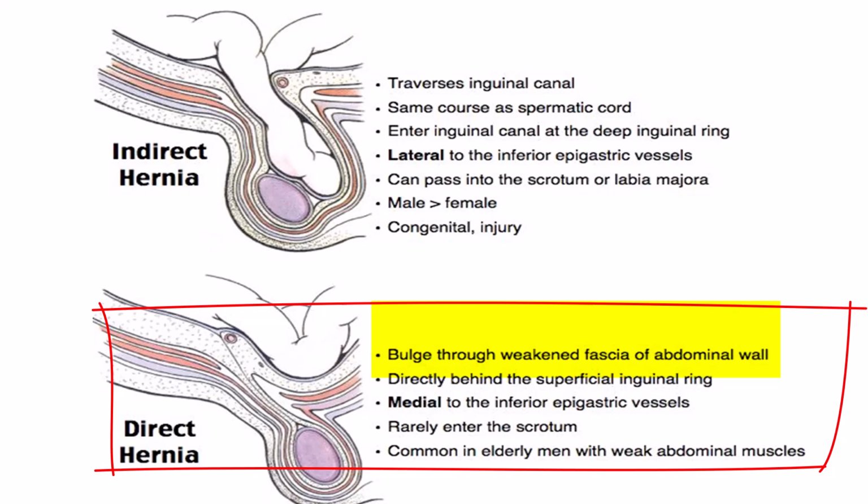So it's usually acquired over time due to wear and tear, like if someone does a job of heavy lifting or has a chronic cough, it can cause weakness of the abdominal wall muscle over a period of time, and it gives a pathway for these hernias to move. So it pushes through medial to the inferior epigastric vessel, specifically because it's a weak zone, medial to the inferior epigastric vessel. If we talk about anatomy, you will see it's a slightly weak point. So it is going to pass through Hesselbach's triangle. For this, at least you should know the boundaries of Hesselbach's triangle.